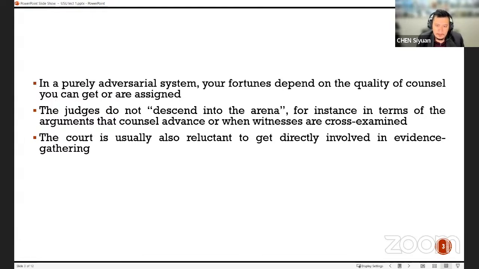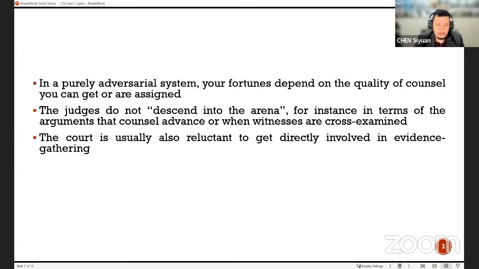It's done in a sense secretly, in a place where no one can see or tell. So what other evidence might there be? You might have medical records if the complainant went to the hospital or a medical professional. You might have psychiatric records if the victim was interviewed by any psychiatrist or psychologist. You might have alibi witnesses. So maybe the accused is able to say that someone can confirm to the court that I could not have been at this place at this time. So on and so forth.